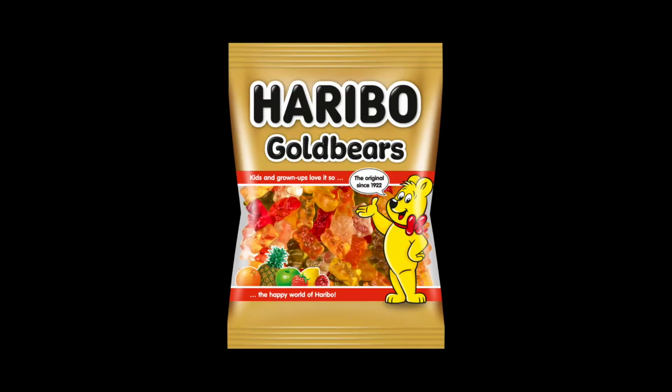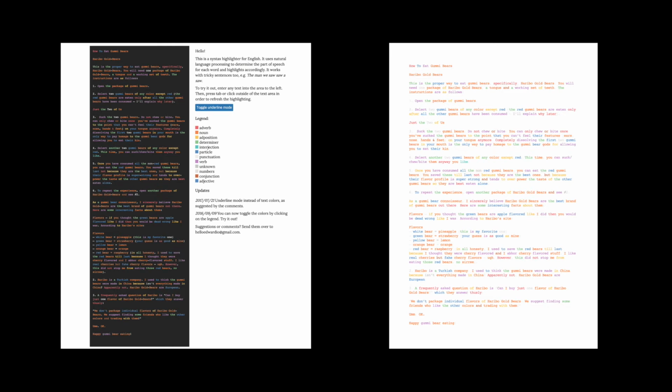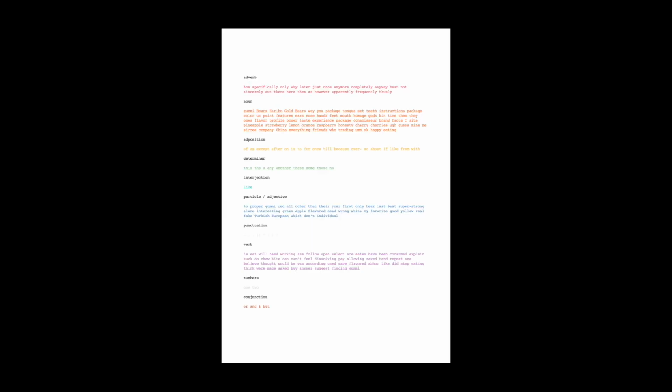And for a writing machine, I chose Gummy Bear because I love it. And I found this text someone wrote about how to eat gummy bears. I wanted to make a poem with the gummy bear with this text, so I classified all the adverbs, nouns, adjectives,